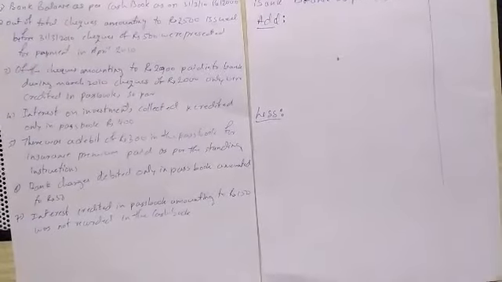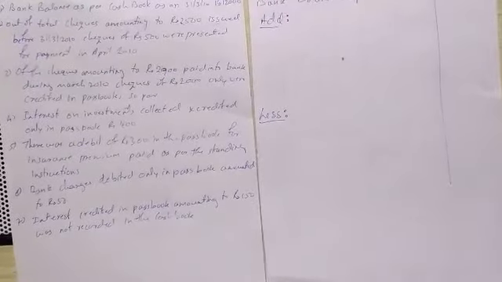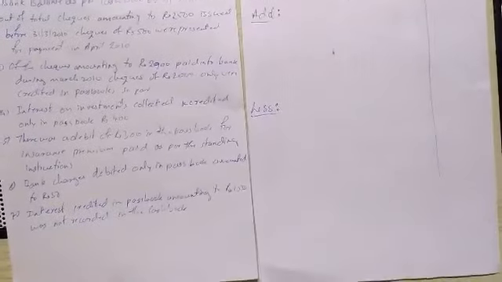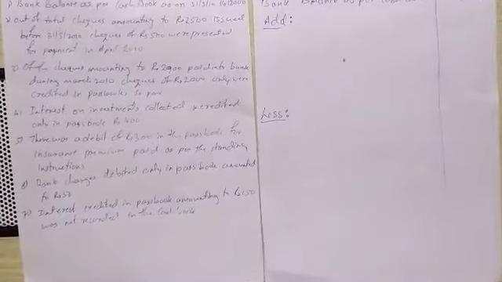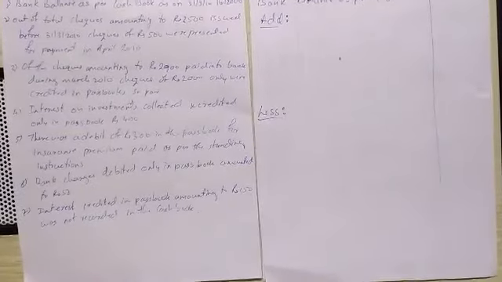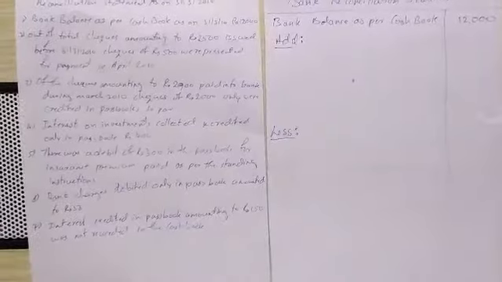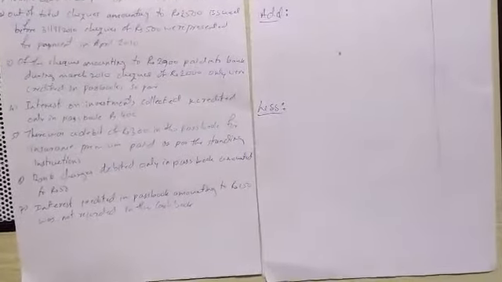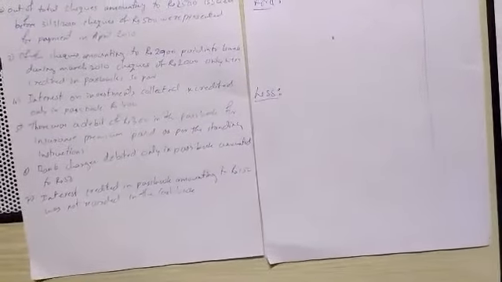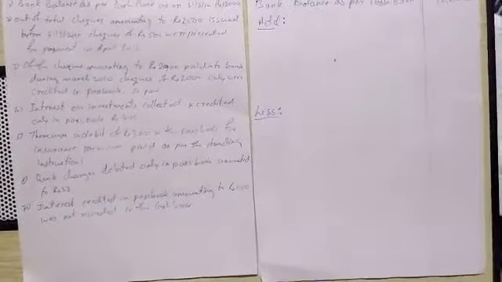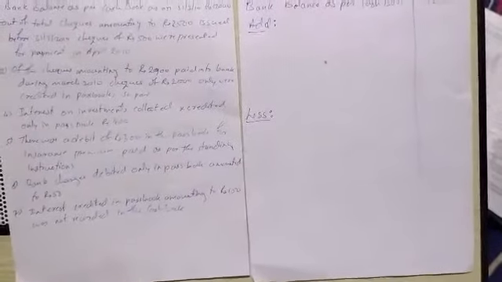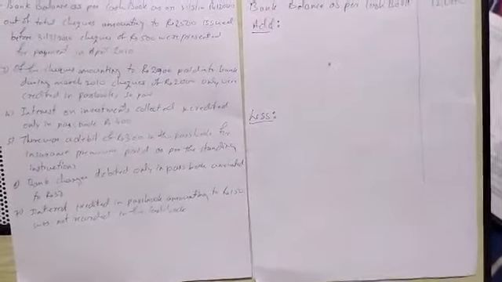Here, if you apply a simple trick, it is very easy to prepare a bank reconciliation statement. When an amount is credited directly into our bank, for example interest, it is added to our bank balance, and we will not come to know about this. In such cases our cash book shows less balance. So whenever there is a credit in our bank, that is, when the bank adds an amount to our account, we have to add that in the reconciliation statement. And whenever there is a debit in our passbook, we have to deduct that from the bank balance as per the cash book in the bank reconciliation statement.